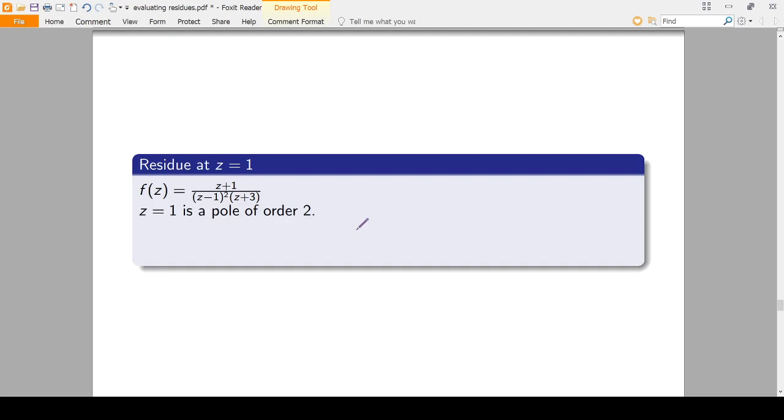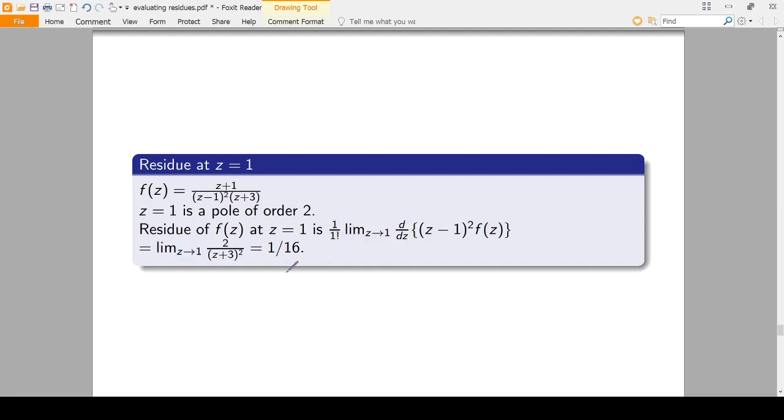Now what I have to do is calculate the residue at z is equal to 1. Z is equal to 1 is a pole of order 2. So I substitute m is equal to 1 in the formula. So d power m minus 1 by dz power m minus 1 will become d by dz. Multiply f of z with z minus 1 the whole square, allow z tending to 1, and multiply this entire term with 1 by factorial m minus 1, which is 1